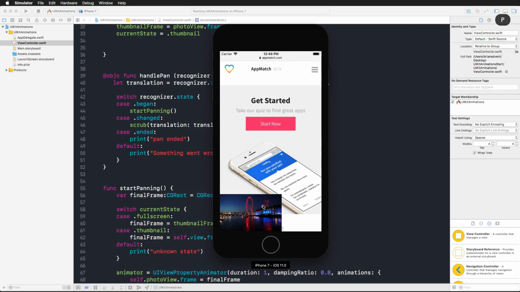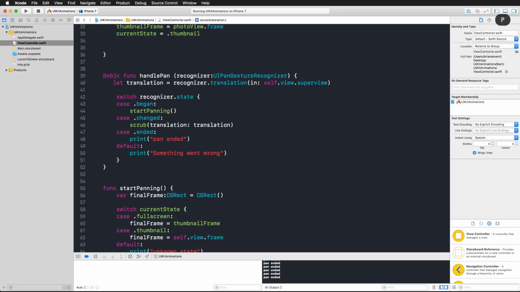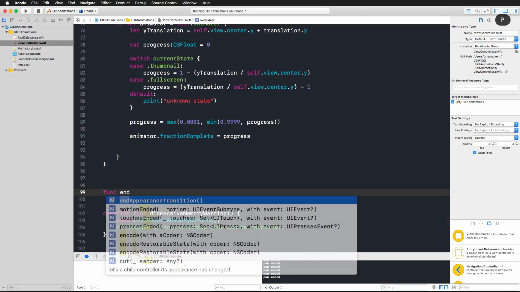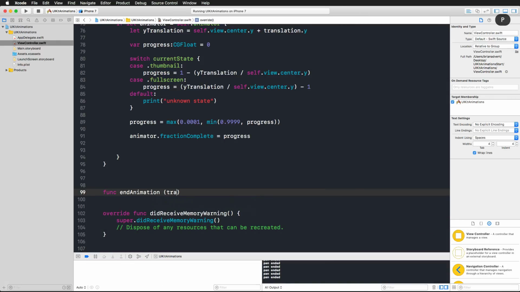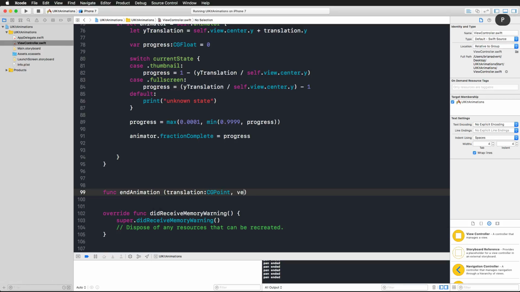And as you can see, this really already works and is really cool, but we can't really do anything after we have moved it around, and this is because our pan ended, and our animation doesn't know what to do when the pan ended. So let's also handle that case by adding yet another function, which I'm going to call end animation, with a translation, which is again a CGPoint, and we're also going to need a velocity for